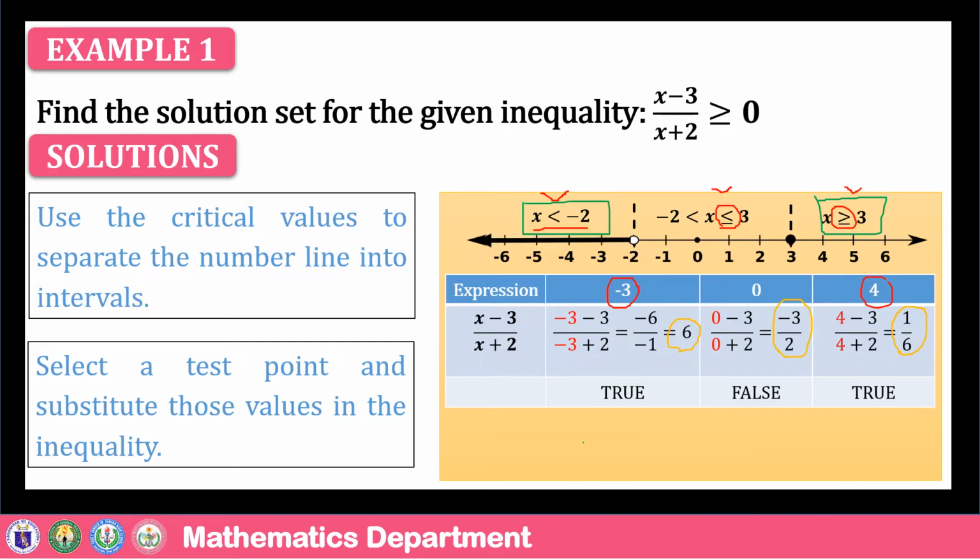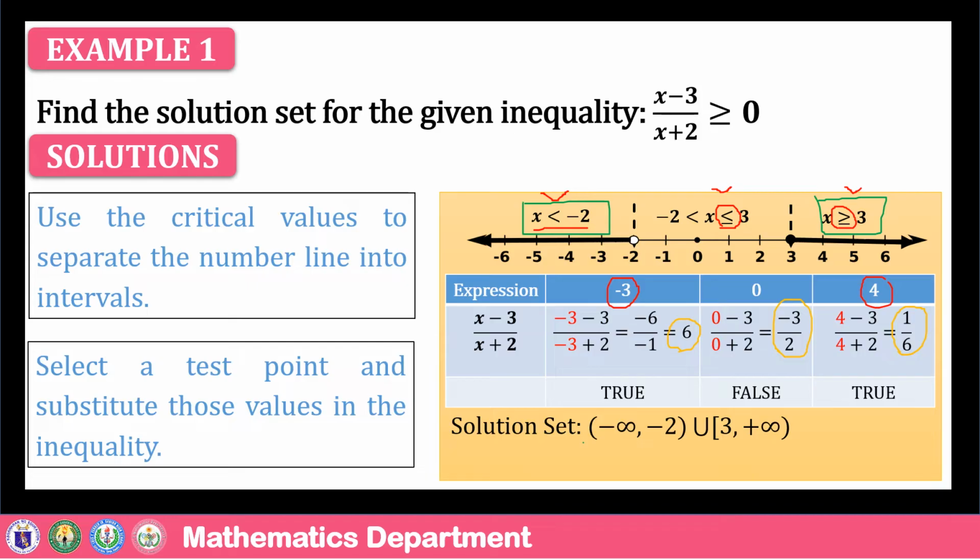So our answer here, by the way, sa graph natin, pwede nating i-shade yung ating part na kina-consider natin as our solution set para alam natin kung saan natin kukuhanin yung intervals na yun. So as you can see, mas makapal na yung line doon. So dito siya define yung ating inequality na yan, including dito sa right side, yung x is greater than or equal to 3. So may solution set natin dito, kagaya ng sinabi ko kanina, that's from negative infinity to negative